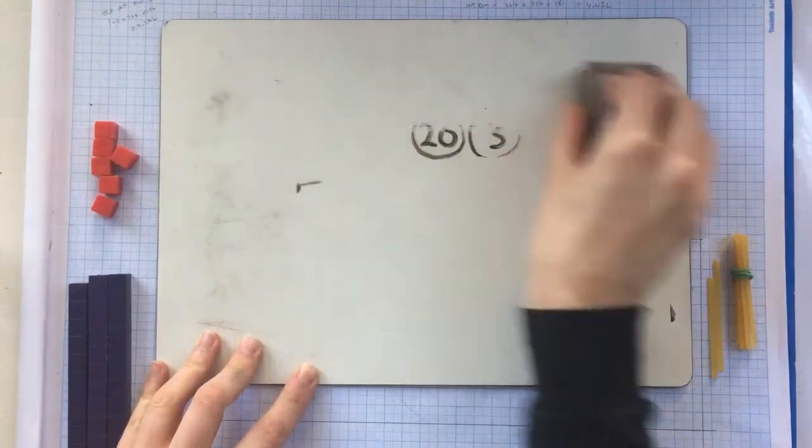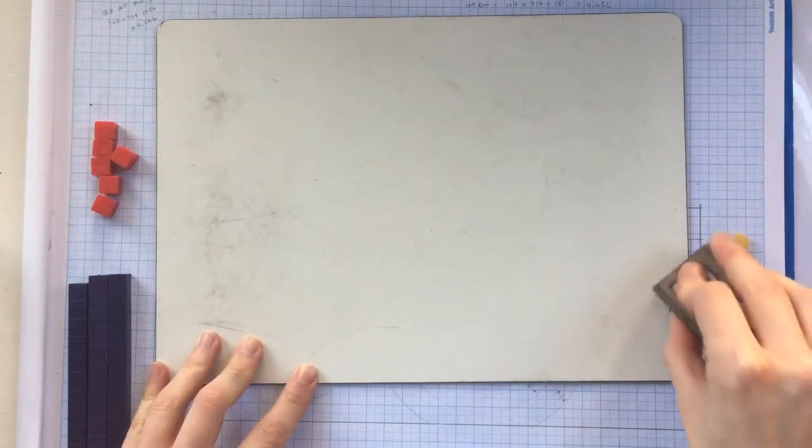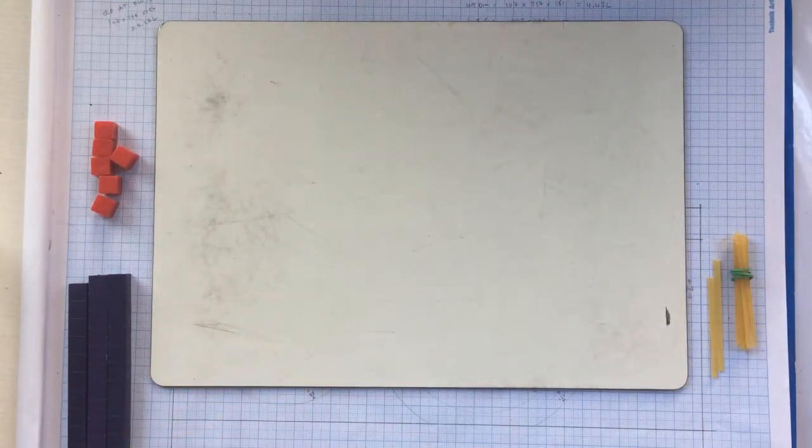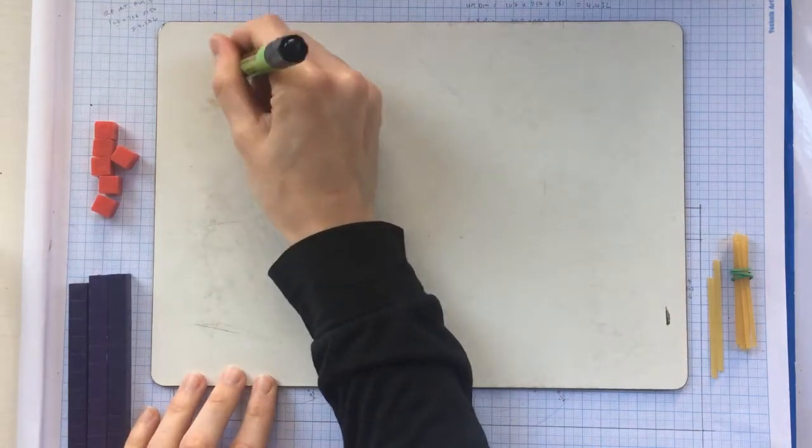So just like with the addition equations, a really good way to deepen children's understanding is to provide them with equations where you've got a missing number. So for example,